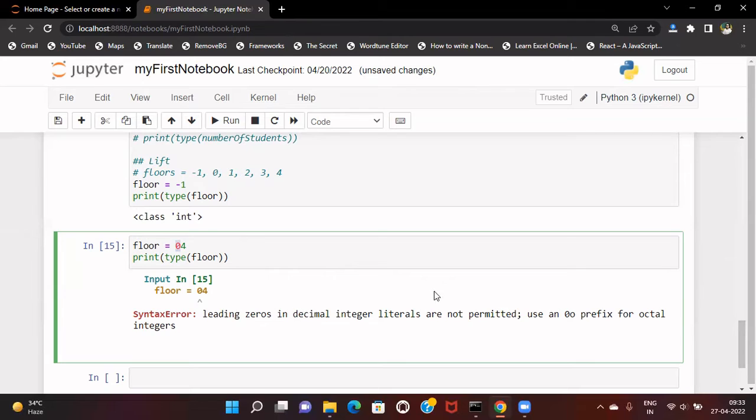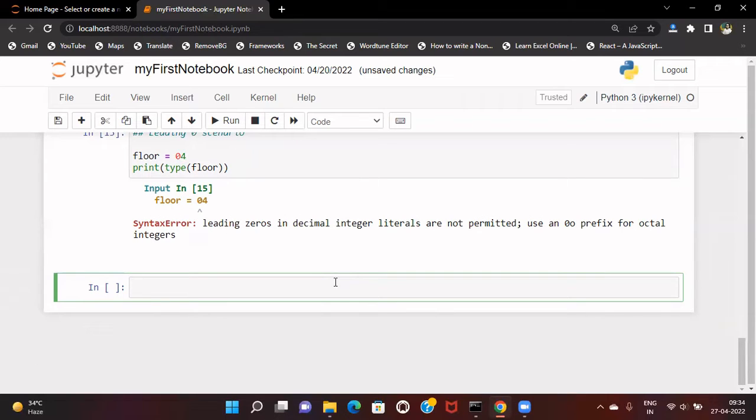So here it is a decimal integer literal. It is saying leading zero is not allowed, so we cannot add a leading zero to an integer. We can add any binary value, octal value. Let's say we have the binary value or the octal value or hexadecimal value, but we want to see the decimal integer value. In Python, if we have a variable myInt